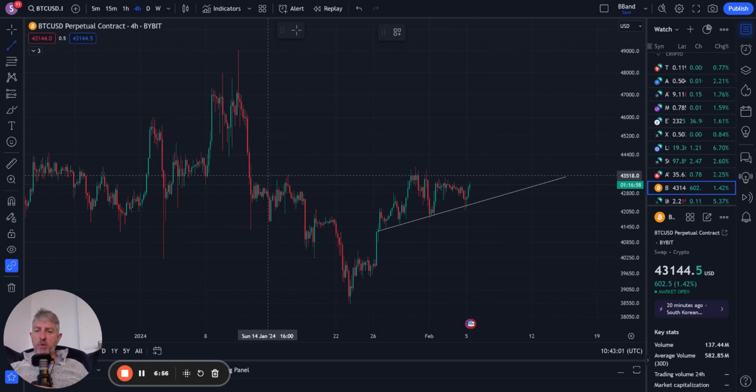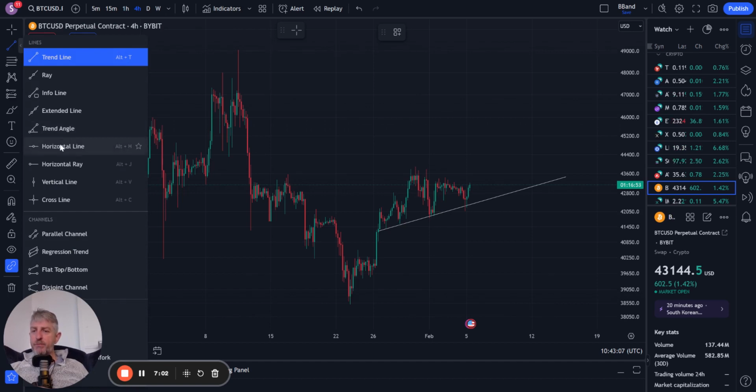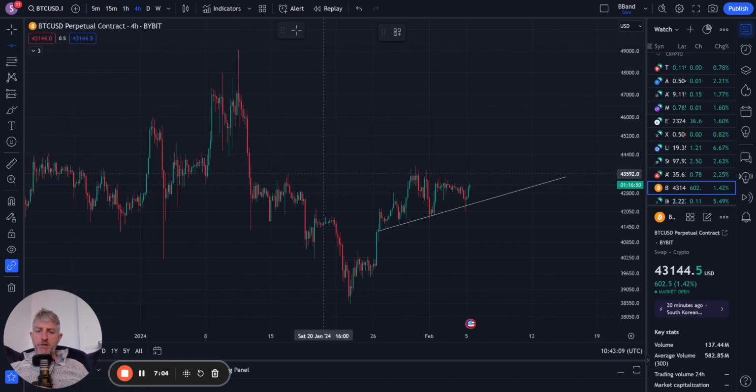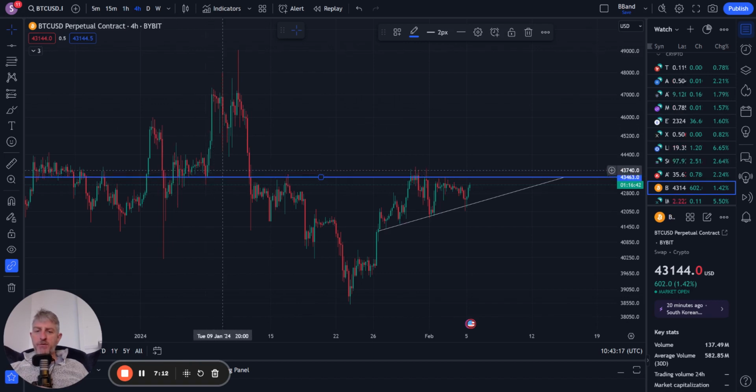I think what's probably more useful is a range high, and you can do that just as a horizontal line. So remember, I talk about my logical lines. So they're just in a logical area. Seems to be quite a logical area to me. What that suggests to me is that there's buying and selling pressure on the lower time frames. It would appear that the buying pressure is winning that battle just about